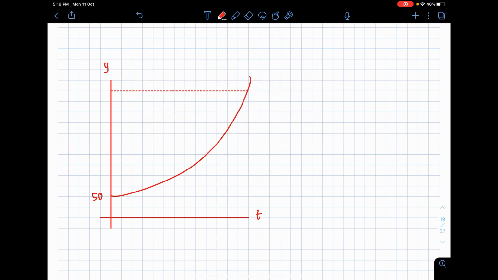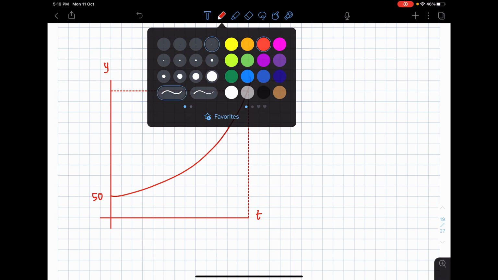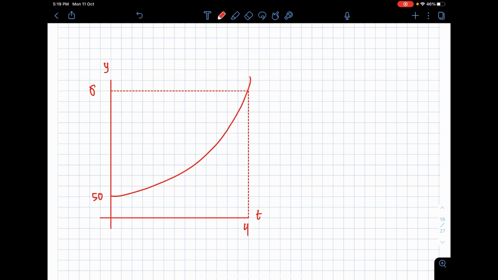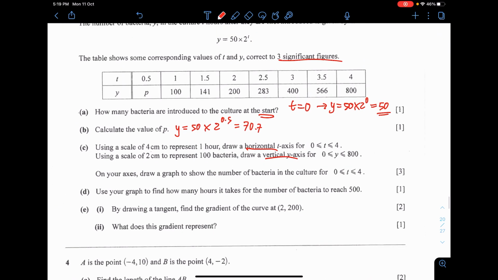Ignore the little bits that I didn't mark over there. Time is 4 here, and then this is 800. Again, I don't draw to scale. I just want to discuss what you need to pay attention to for this kind of question. Draw nicely, use pencil, and I would rather use a curve ruler or a French curve. Drawing freehand is only for when you have already mastered it throughout the years. Don't do freehand, otherwise you have mastered it.